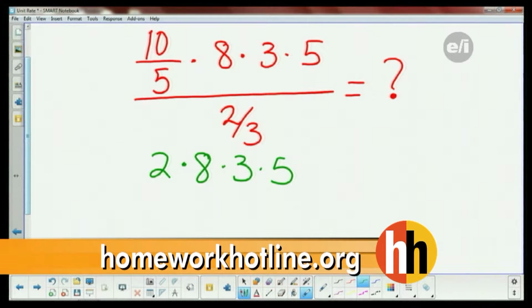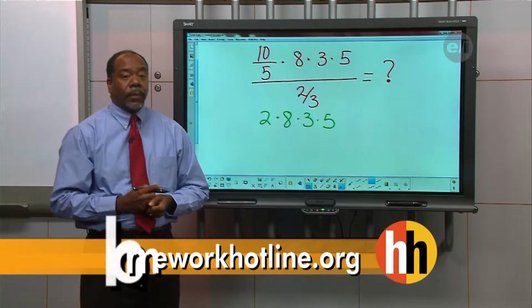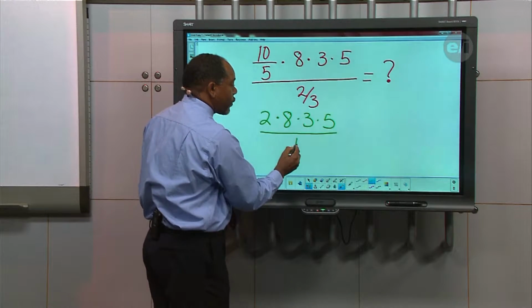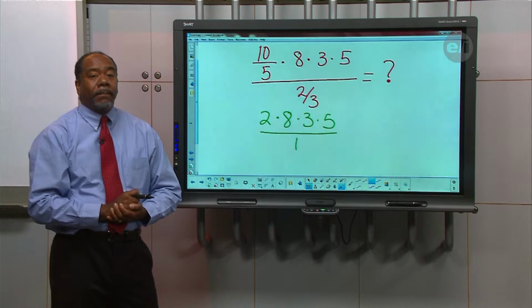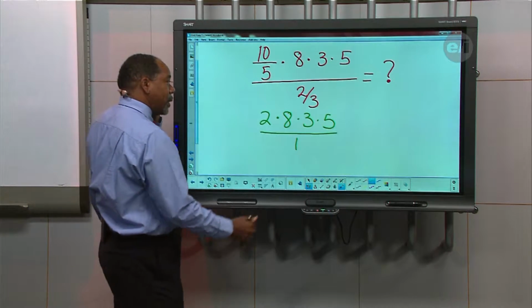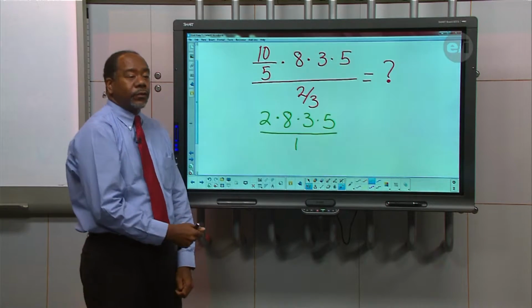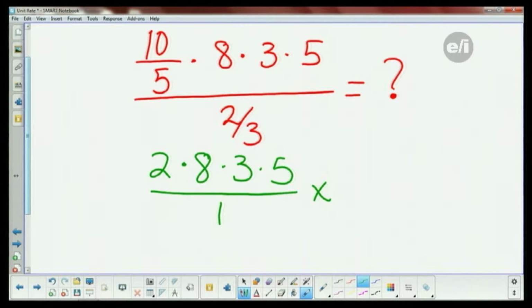Notice this says divided by 2/3. One of the things that I want you to remember is that division means multiply by the reciprocal. So what I'm going to do is put that top piece over 1. Instead of dividing by 2/3, I'm going to multiply by the reciprocal. By reciprocal, what I mean is what's in the numerator goes into the denominator, and what's in the denominator goes into the numerator. So instead of dividing, I'm going to multiply, and I'm going to flip that. That's what my students always tell me when I say reciprocal. They say flip.